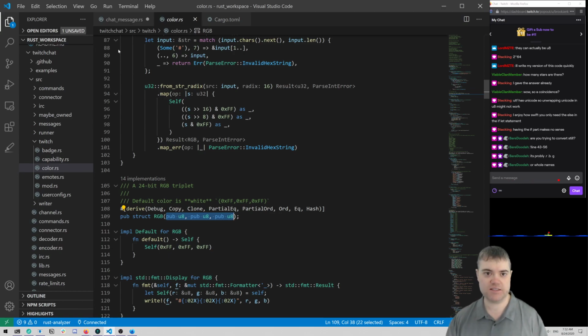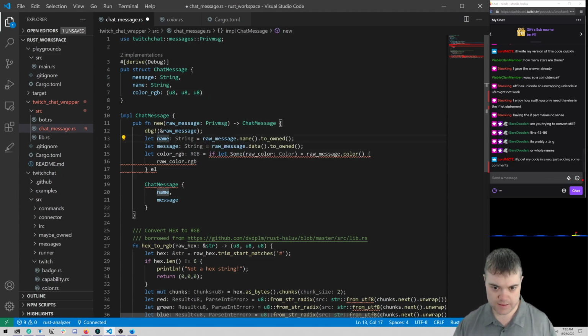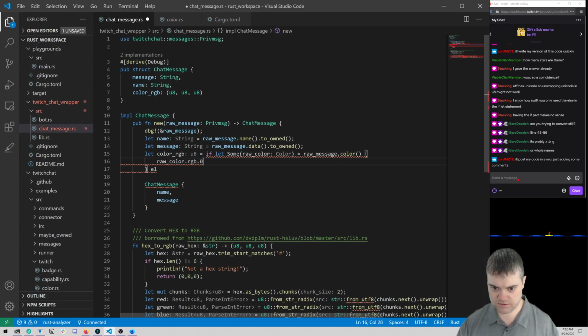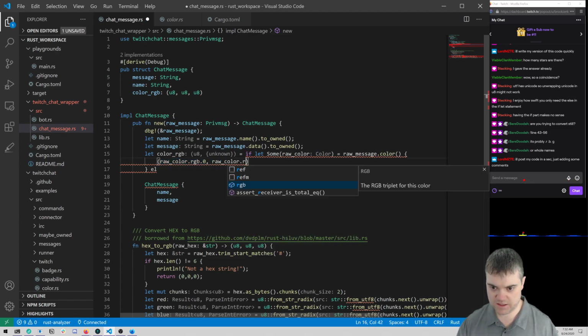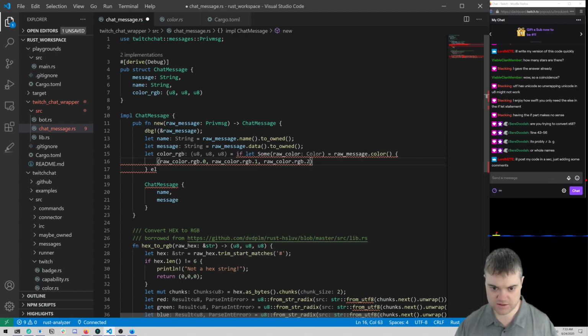So if I want to convert this, let's actually make this not a string. I think that makes sense. We can make this be a tuple of u8, u8, u8. Then in here, it's going to be raw color dot RGB dot 0, raw color dot RGB dot 1, dot 2. Okay, so that gives me all those three out.